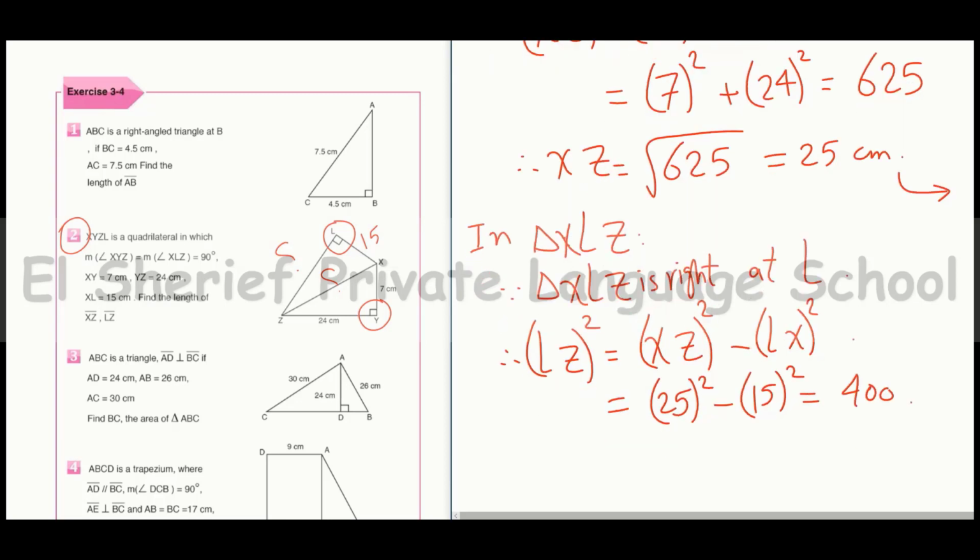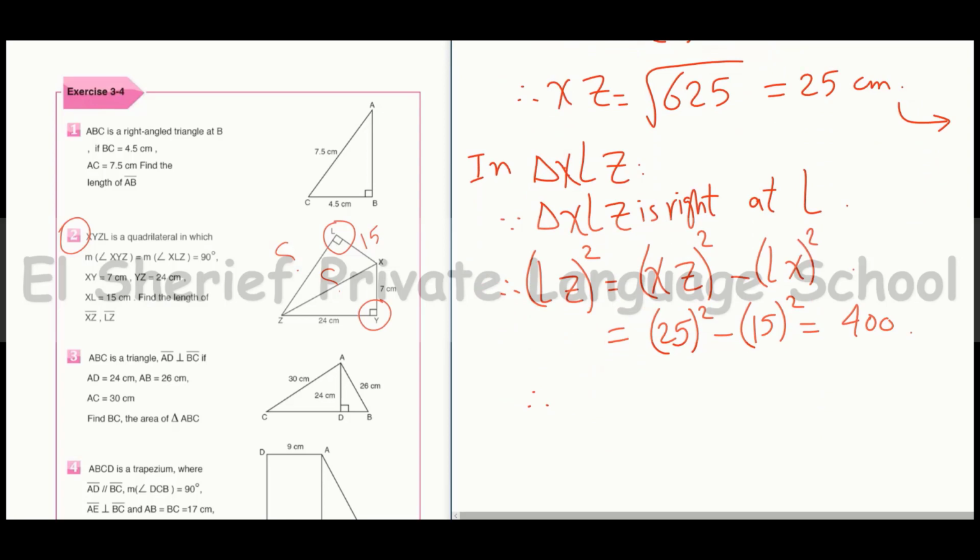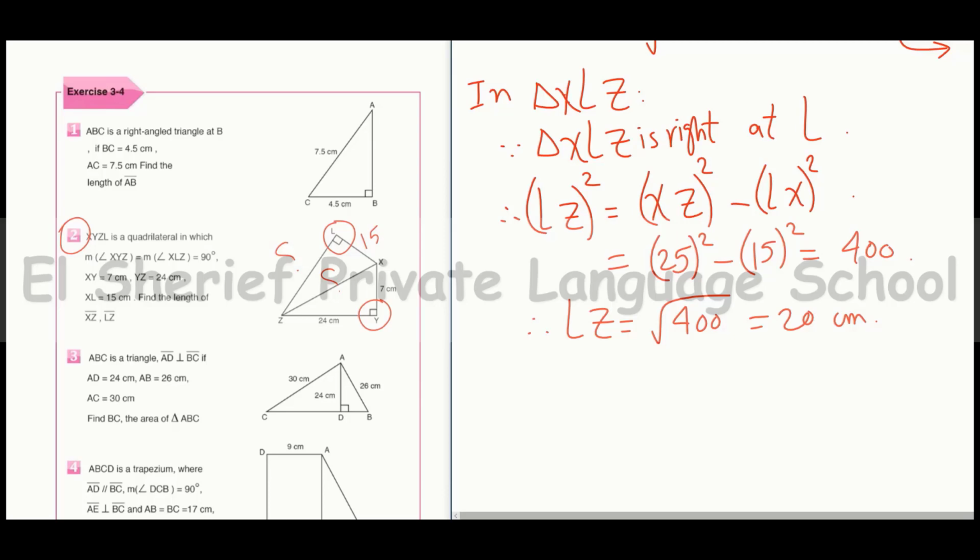By taking the square root of both sides, the length of LZ becomes the square root of 400 equals 20 centimeters. This is the second